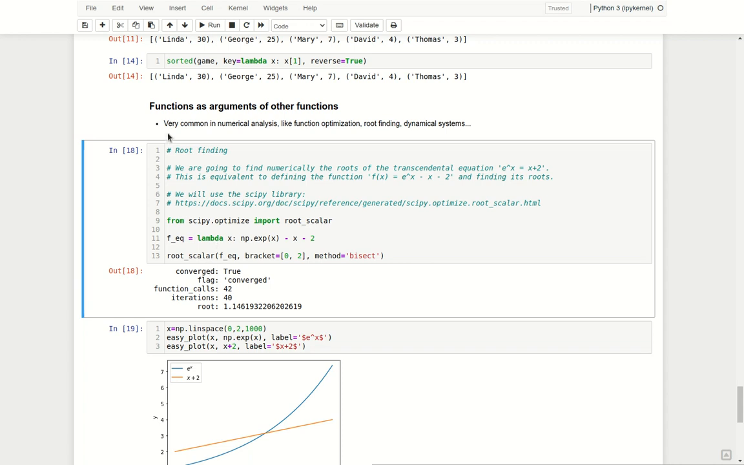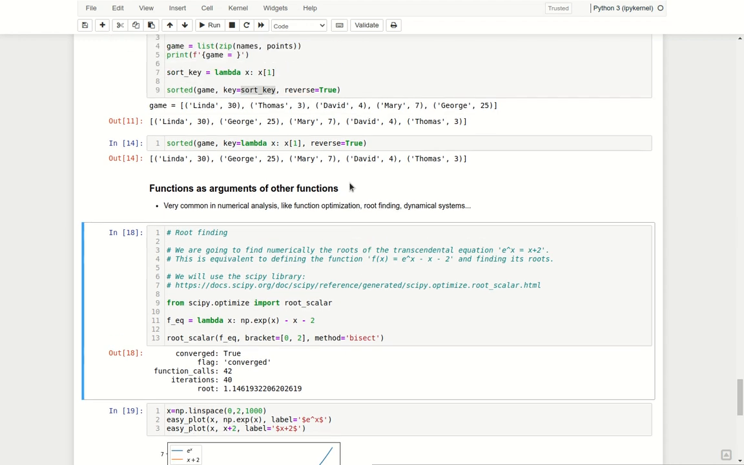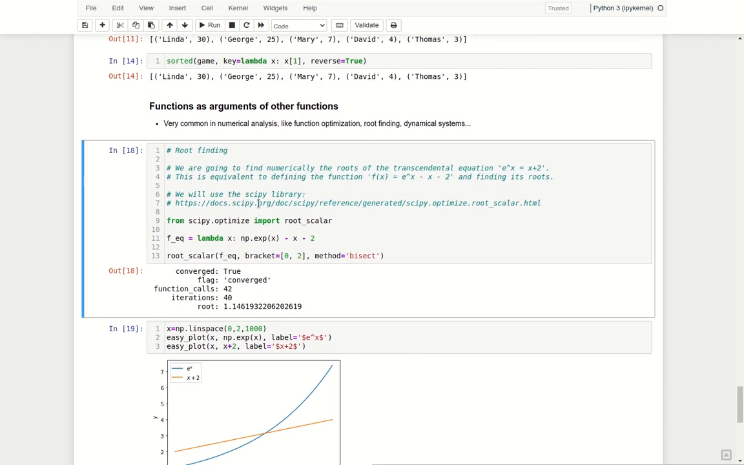And now we are going to finish this chapter with functions as arguments of other functions. We have already seen an example of that in the previous section, when we saw lambda functions. Well, this is very common in numerical analysis, like function optimization, root finding, dynamical systems,